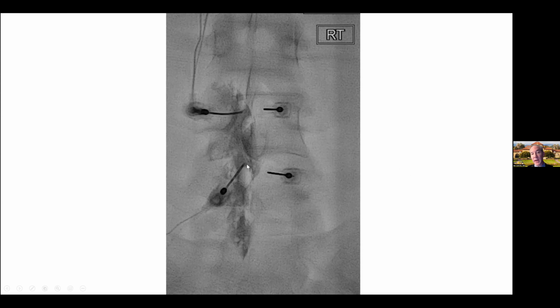and what you can see is we have excellent spread across 3 separate interspaces, but it's all confined to the left side. If this was a bedside epidural blood patch, we'd have great spread on the side that we happen to land on and none on the opposite side of midline. This is what it looked like when we injected on the other side. We were able to get full coverage.